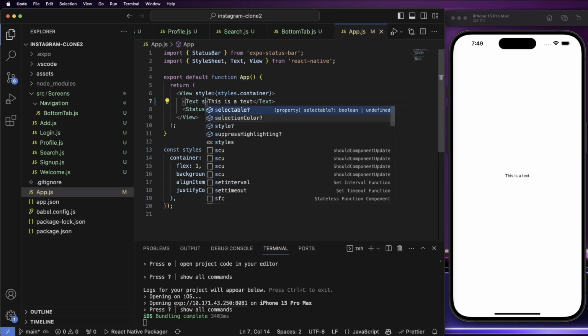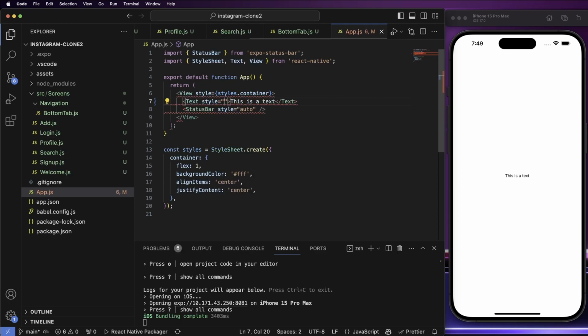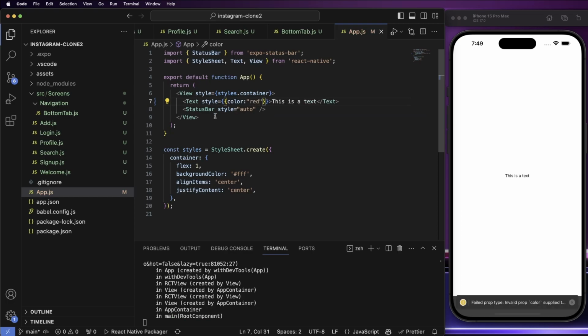Let's do something else more fun. We just go here, we add a color of red. We see that it changes the text to red. So we are having our first app created. So now all we have to do now is to add all the other components in order to make it